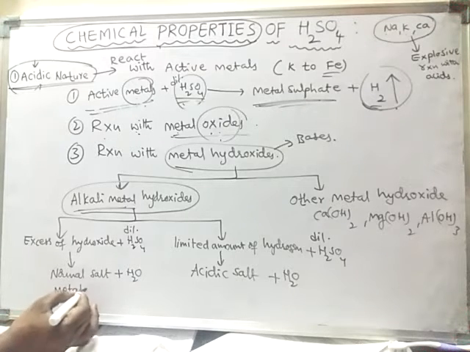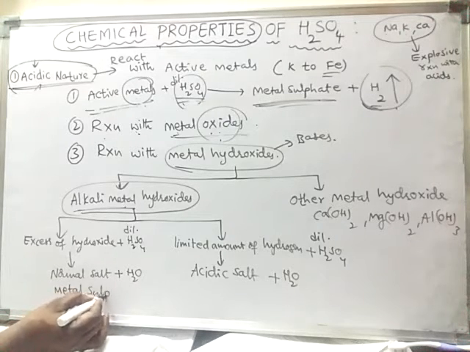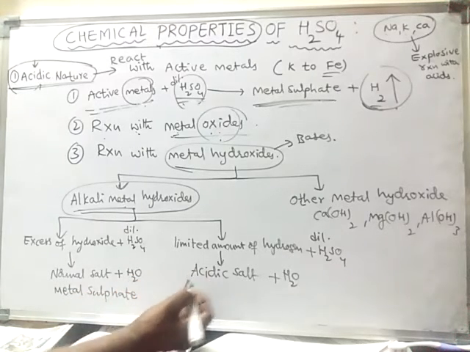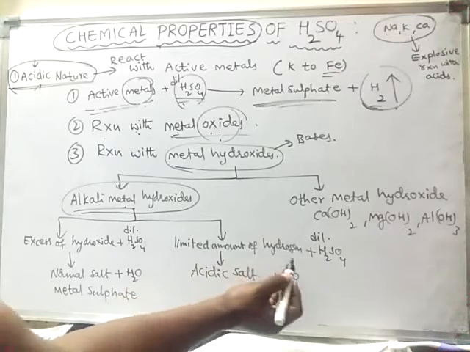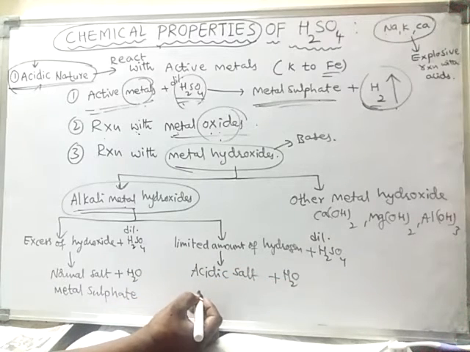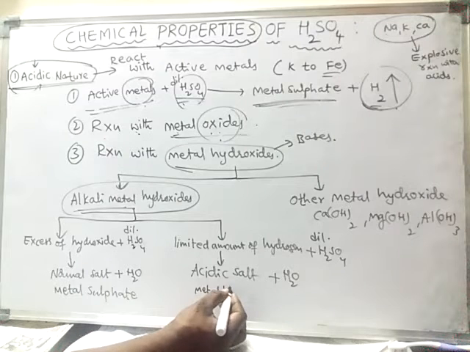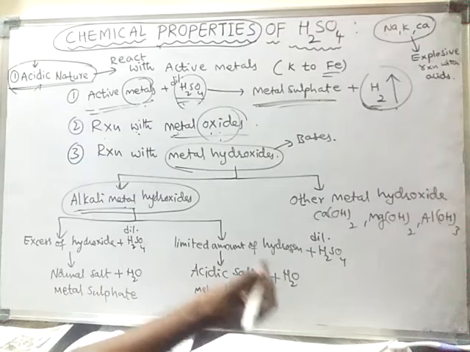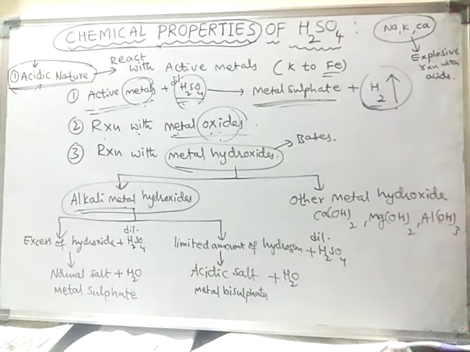Normal salts are nothing but metal sulfates. Metal sulfates are normal salts. But the acidic salt formed by sulfuric acid is nothing but metal hydrogen sulfate, or else metal bisulfates. Metal bisulfates are acidic salts. Example, if you see the examples,